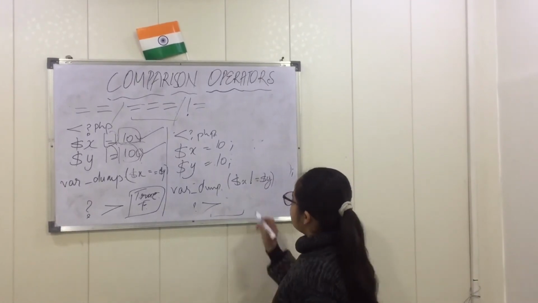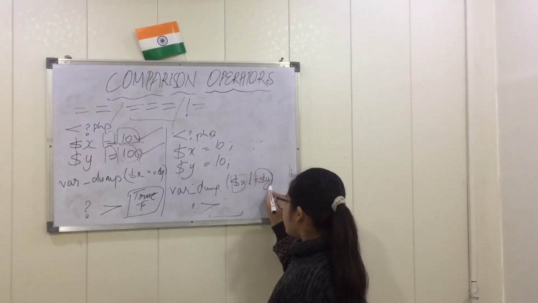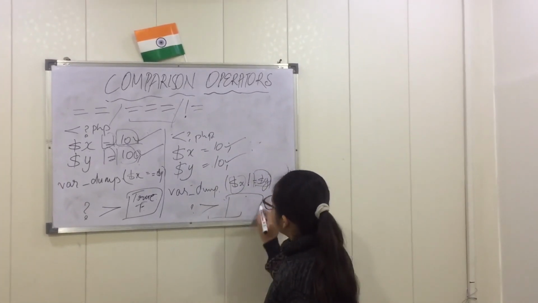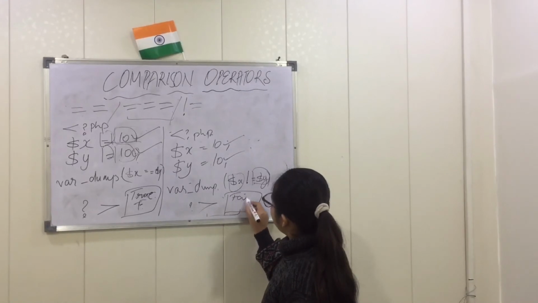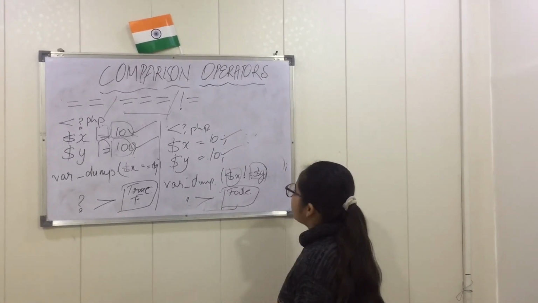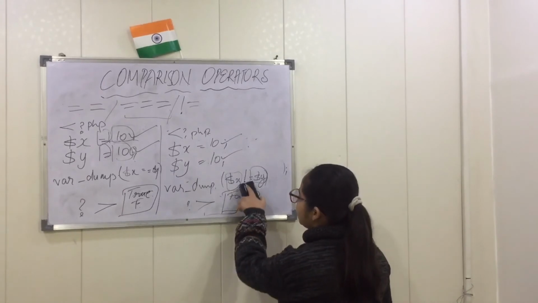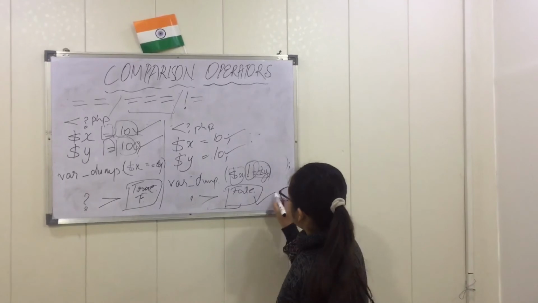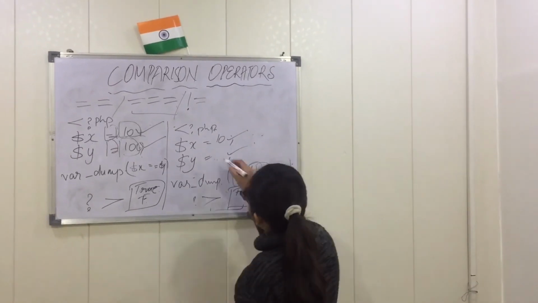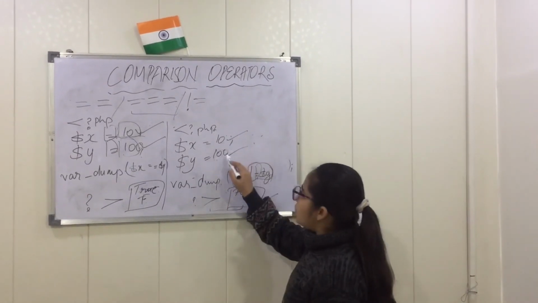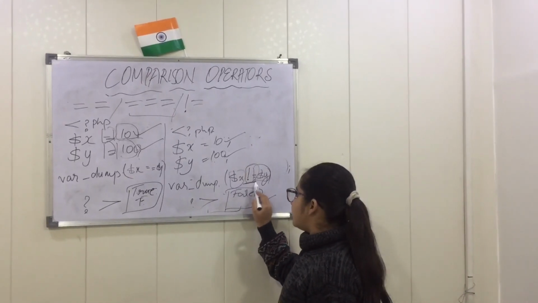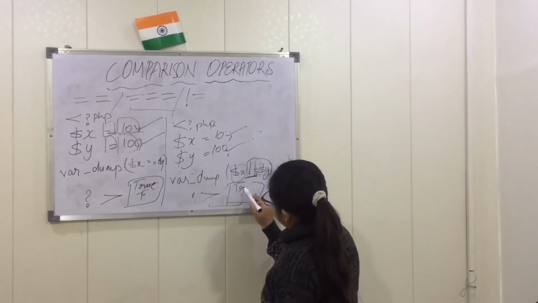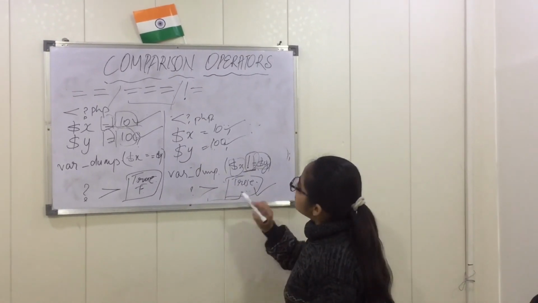The question being asked is whether the values are not the same. We will check, but these are the same values, so it will print false, because the values are the same and they are asking whether the values are not the same. So we have written false here. Suppose I am taking 100 here. These values are not the same, and the question is asking whether the values are not the same, so the answer will be true. So this is the next syntax.